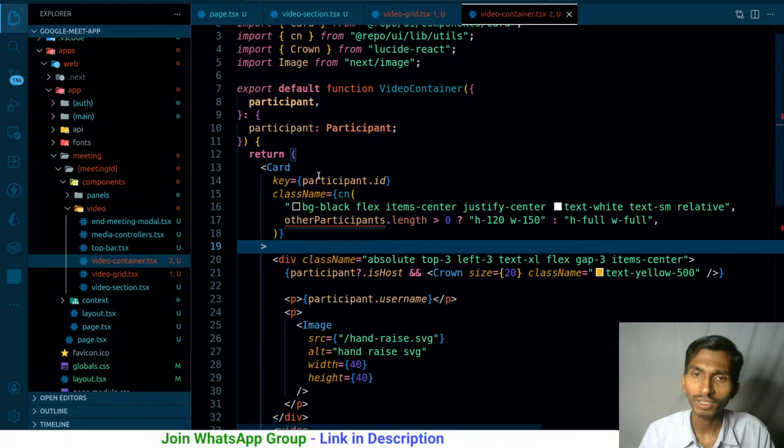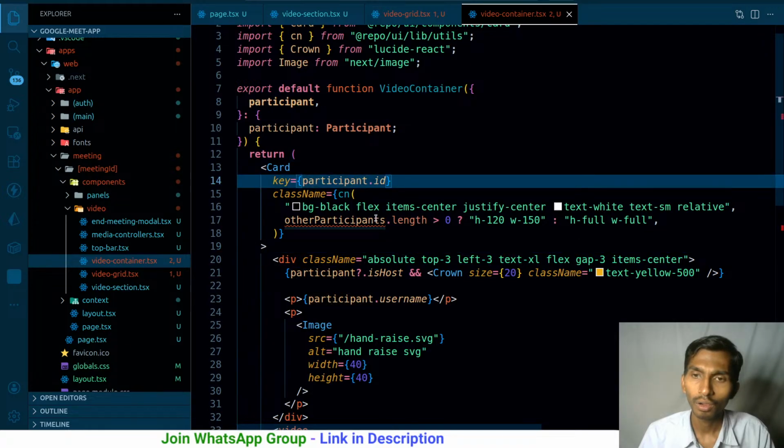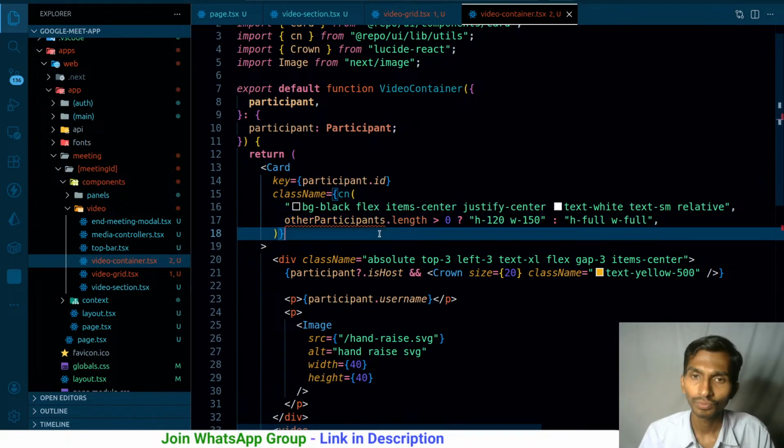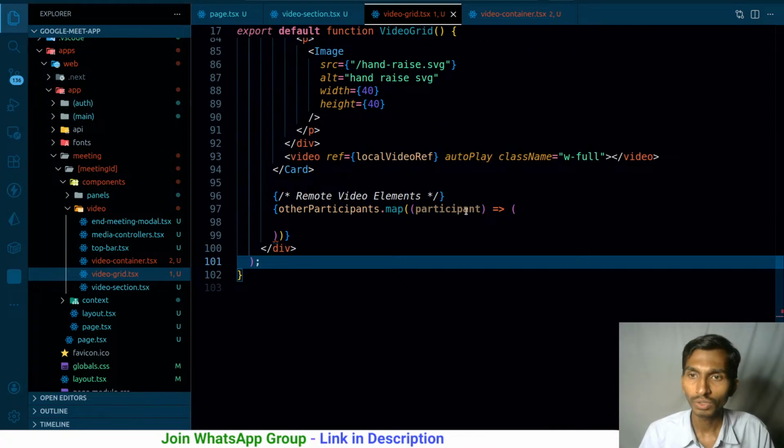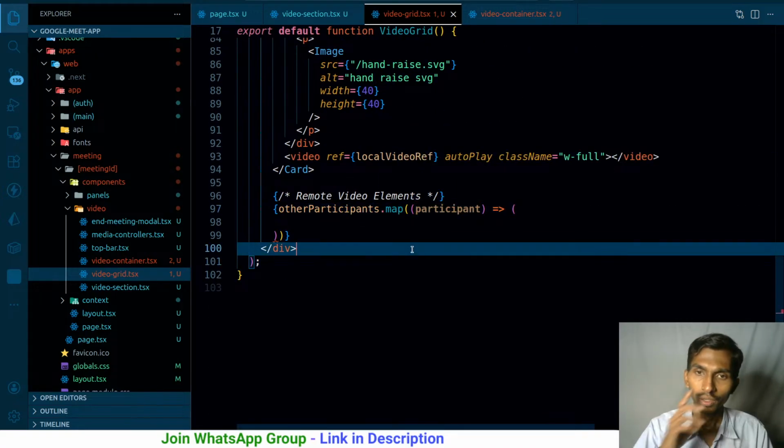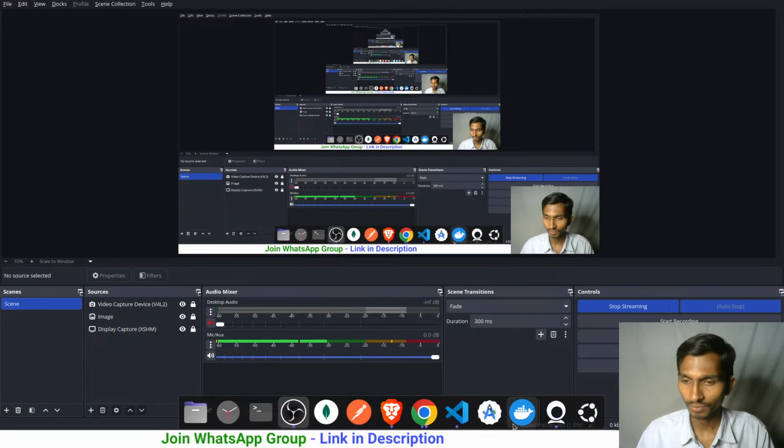Why do I need to have participants here? Other participants length. Let me go to the video grid, and inside this video grid ultimately we have the participants, and this is how it goes, right? We needed the length of other participants, that's the main thing.